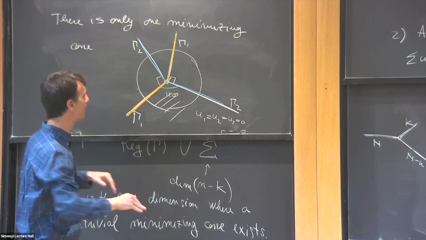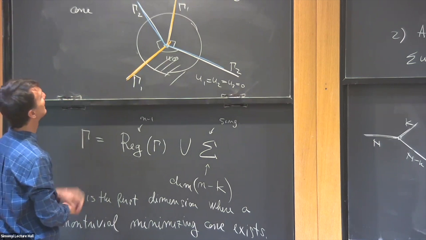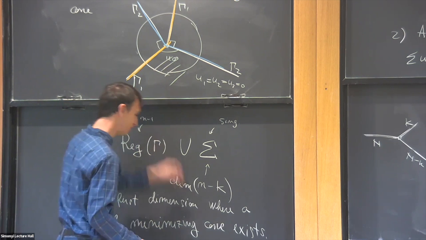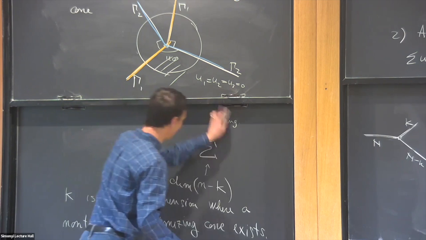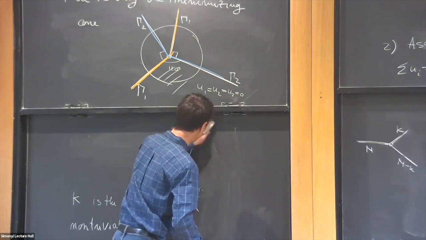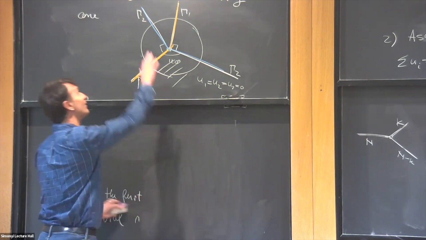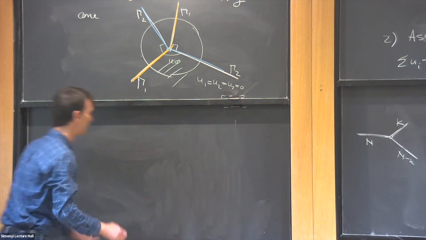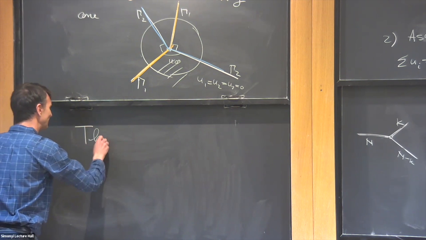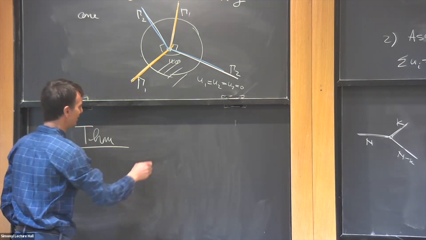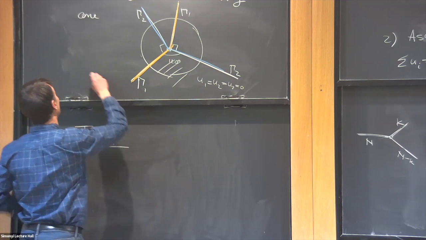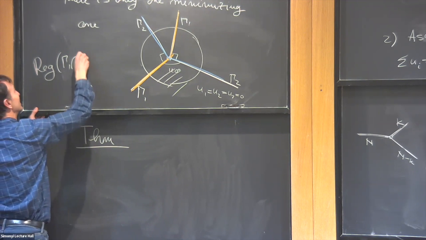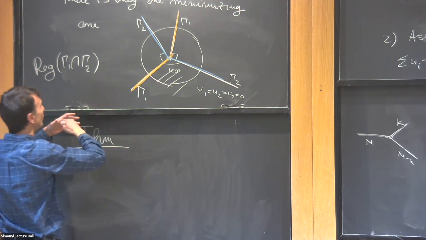But since time is almost up, let me just write a theorem. It essentially says that this is the only minimizing cone. Essentially what we can prove is that whenever we have just 3 membranes and intersections, we look at intersection points. So let me write here a theorem, the last one. First we define a regular point. A regular point of gamma 1 intersect gamma 2 is a point where, when I do a blow up,